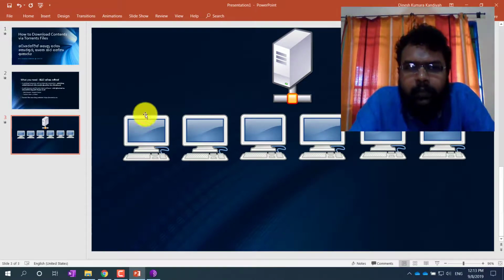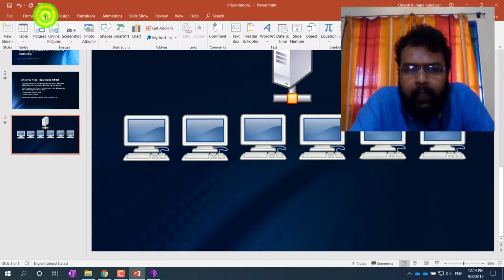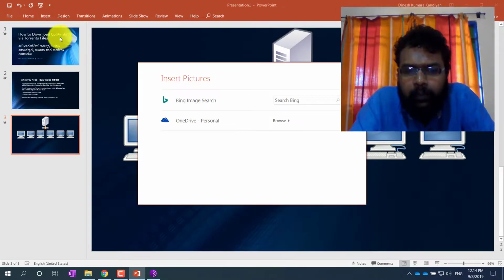To do this, I need to go to Insert ribbon and select Online Pictures. Then I can use online pictures in my OneDrive or from Bing Image Search. Bing means a search engine created by Microsoft. To use this, just click here